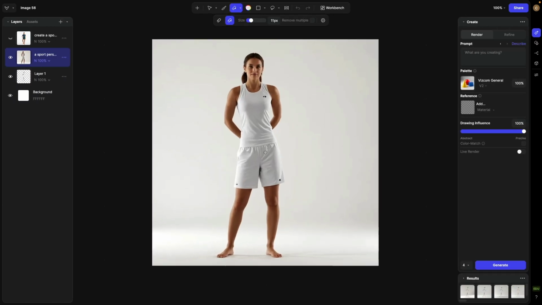To generate that person, I wrote a very simple prompt here. So a sport person standing in a relaxed pose on a white backdrop. This is kind of like what I got. We could also be more specific. We could say a